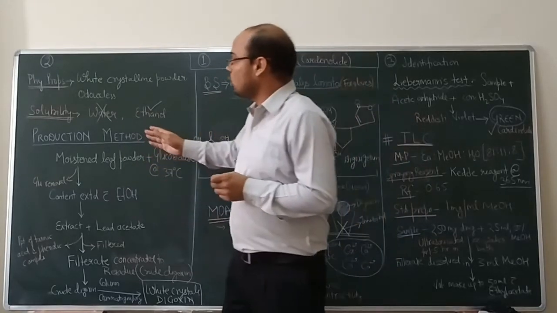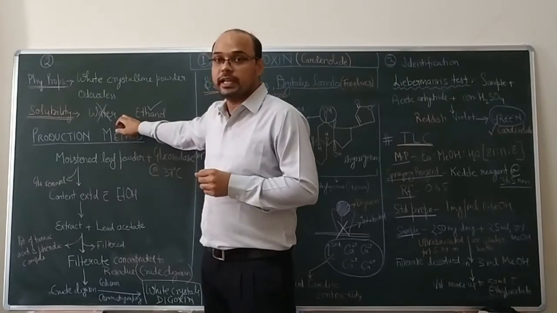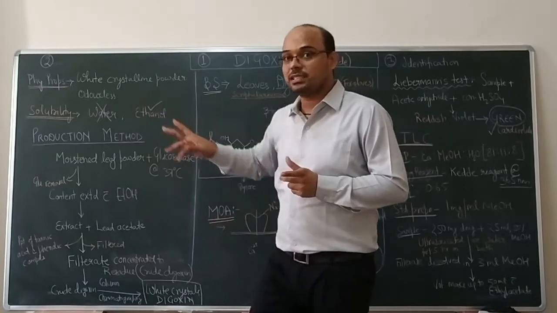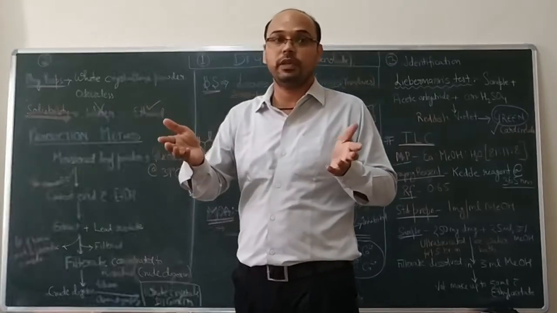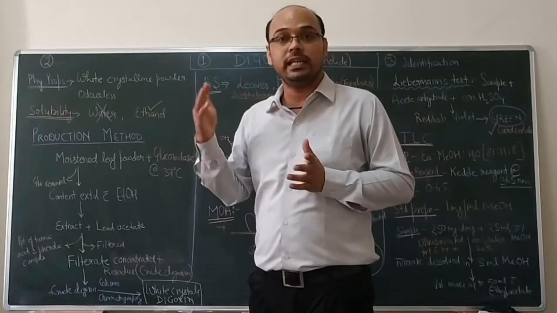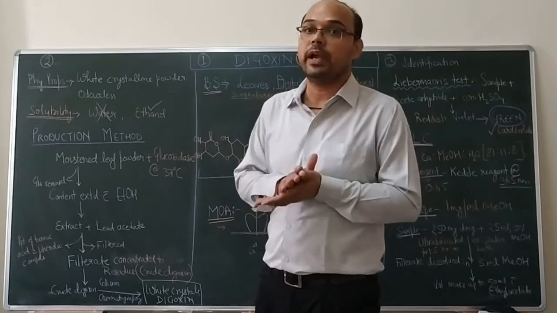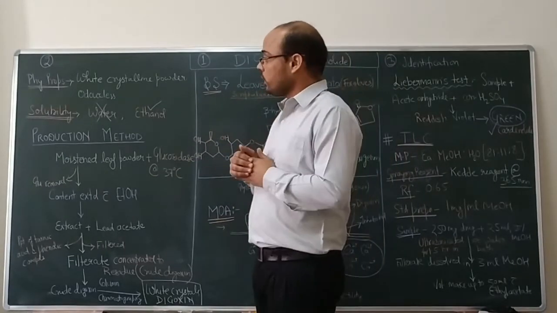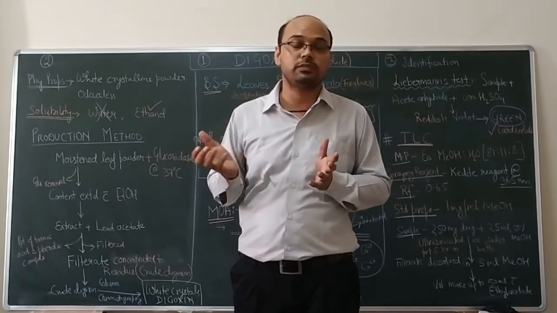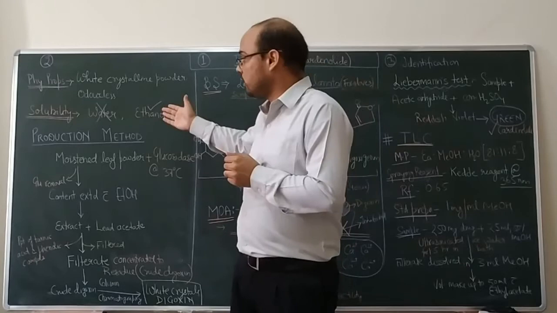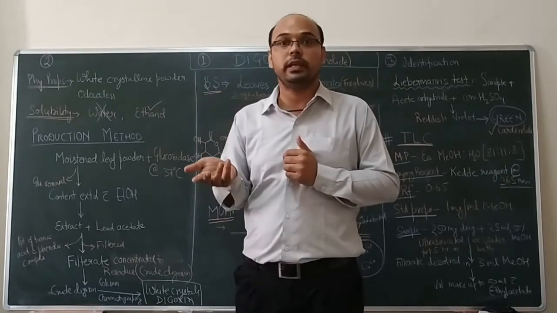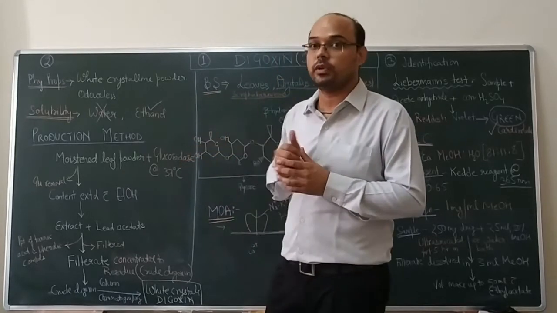If you see the solubility, the compound digoxin is insoluble in water and it is soluble in ethanol. So from this solubility parameter, we come to know that we can use ethanol or methanol or any other alcohol for isolation of the phytoconstituent digoxin. There are many methods for isolation or extraction of this phytoconstituent. We are going to discuss one of the widely used industrial production methods for isolation of digoxin.